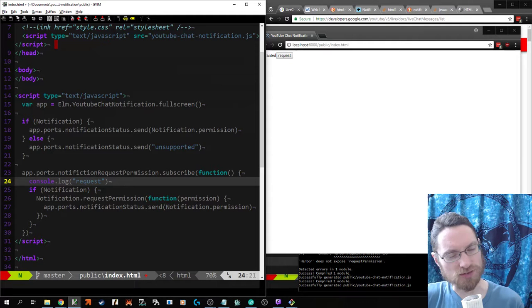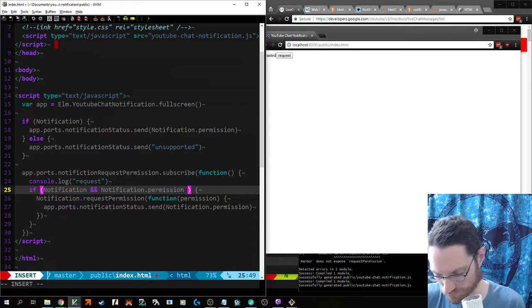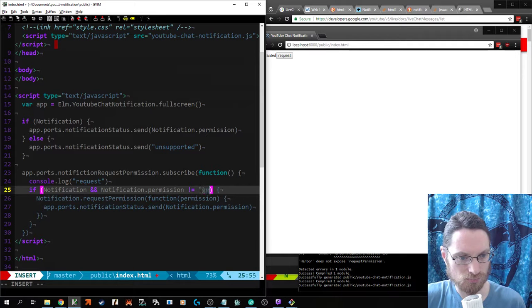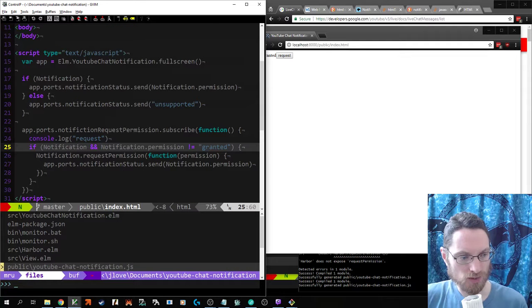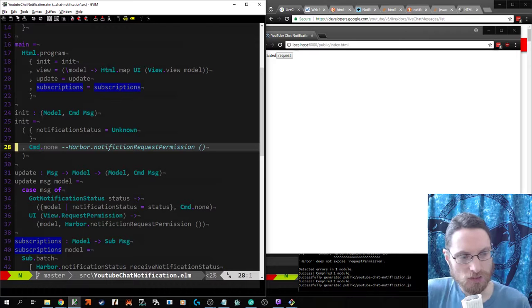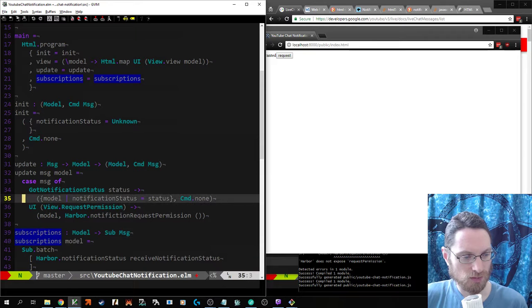Well, then it doesn't matter if we send the response, now does it? So that will get filtered out in our code. Although probably it would be better to go ahead and do this such that